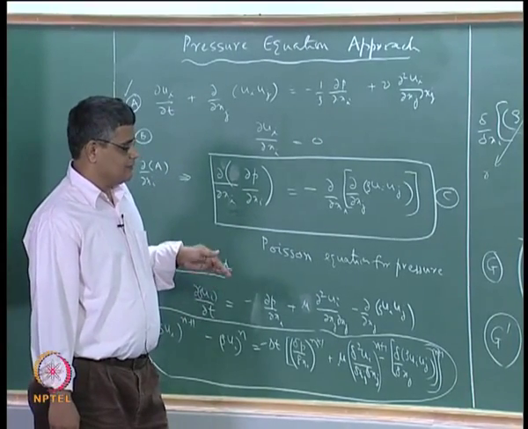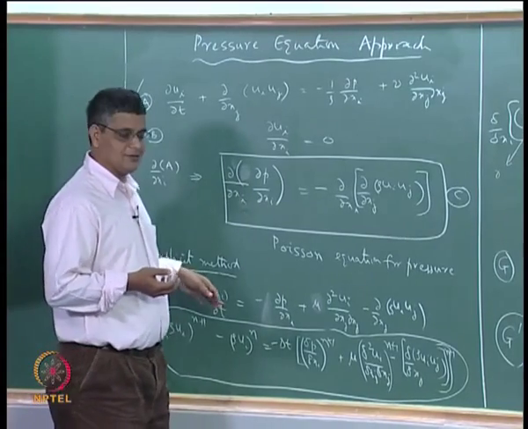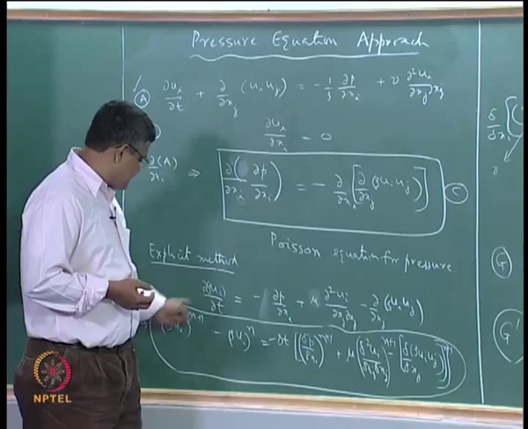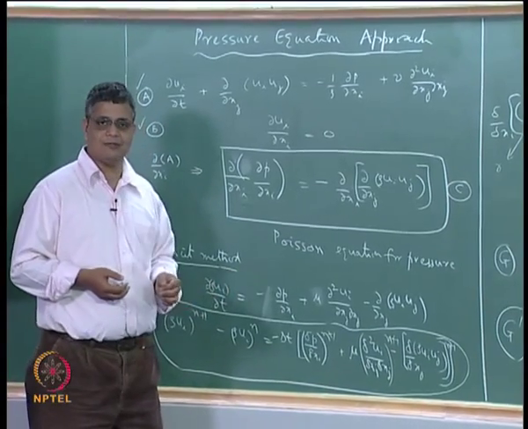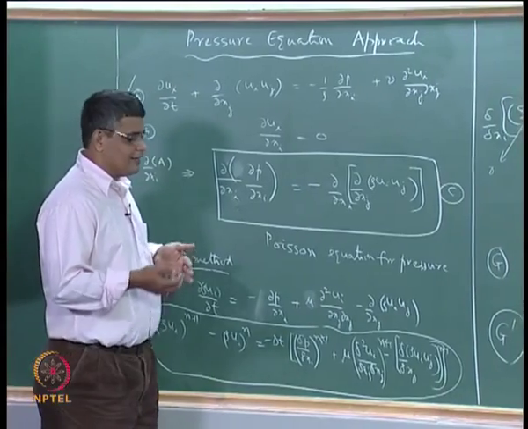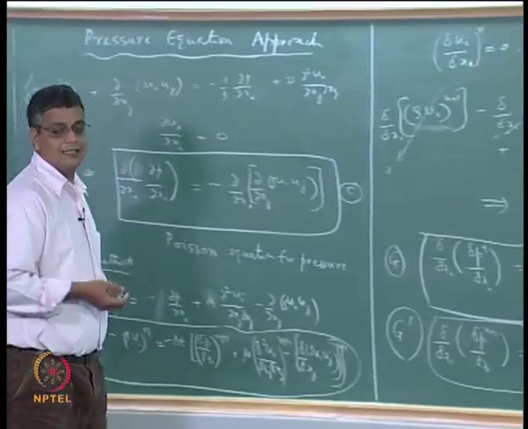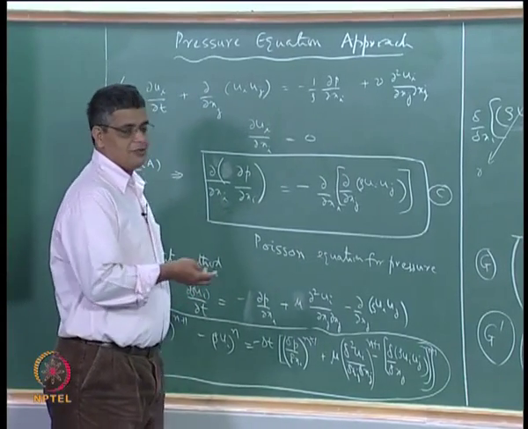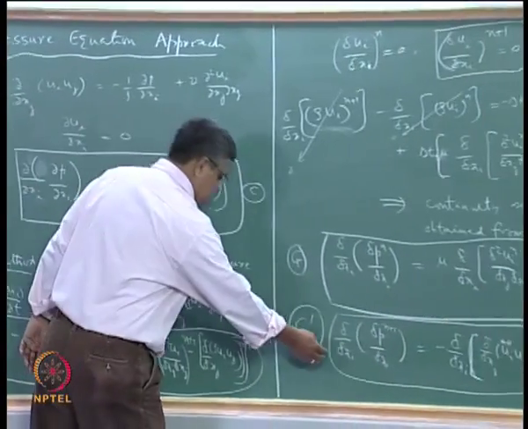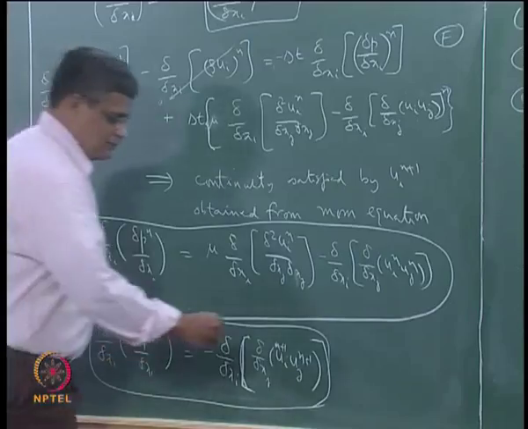And so there is more work to be done if you are using an implicit method for this, but the advantage that you gain is that you can take longer time step than what is possible with an explicit method. How much longer and whether the additional work that you have to do for the solution of these equations is worth it depends on many factors, including what methods we use for solution of this and this, because this is a Poisson equation.